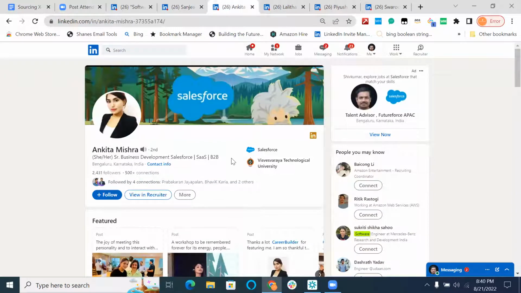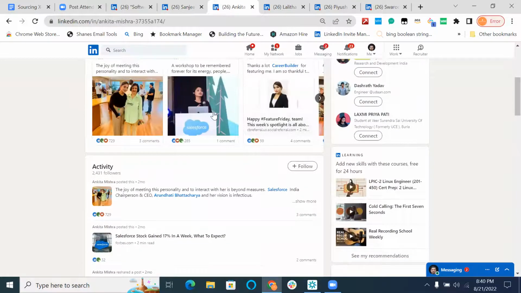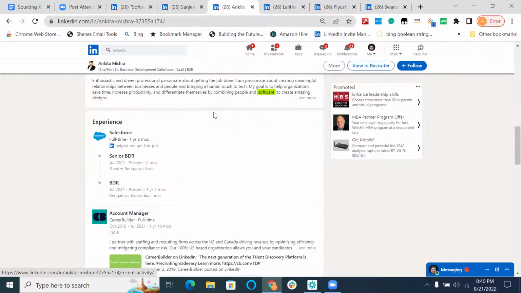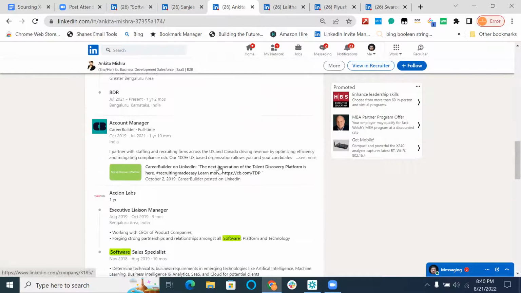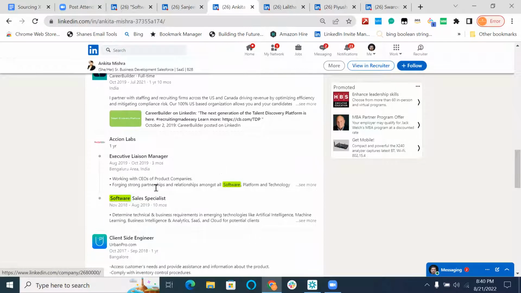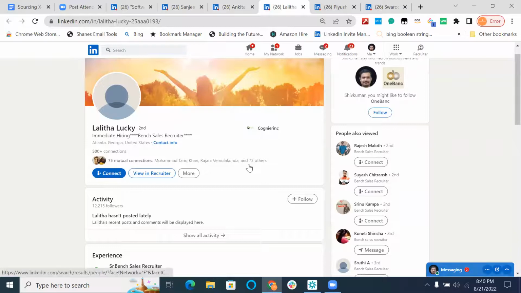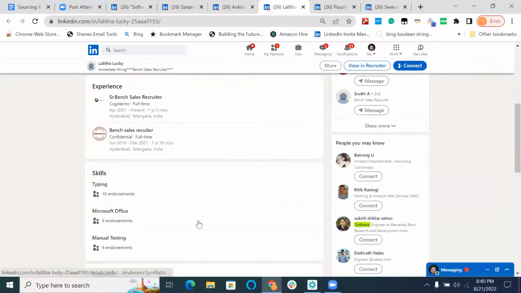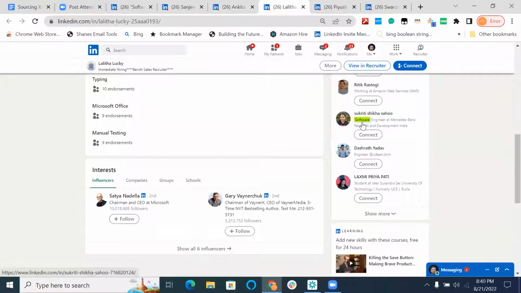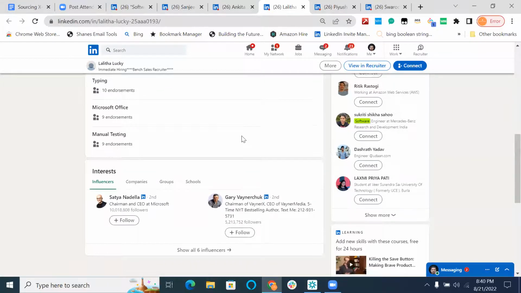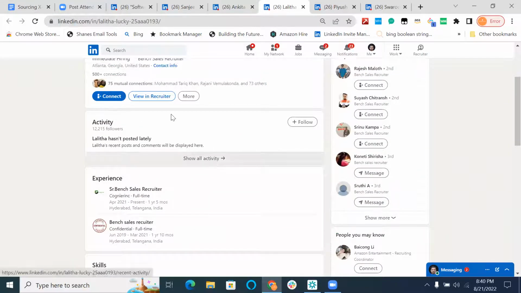Let's see a couple more profiles. So business development, Salesforce. Software and sales both, we have it, software and sales both. So sales, bench recruiter. Okay, now if you see here, let me see. Anyway, software is appearing here because LinkedIn gives us a result from the whole page. So here it is appearing, but otherwise,